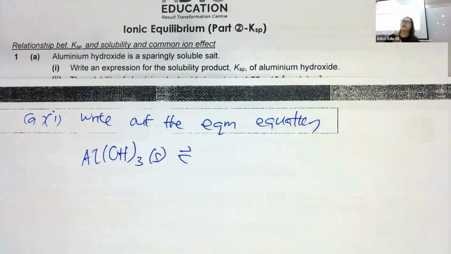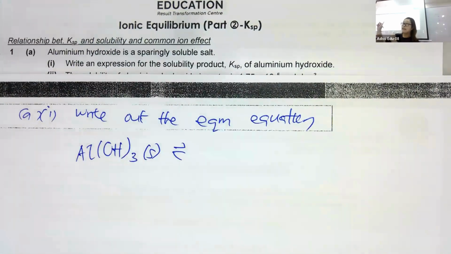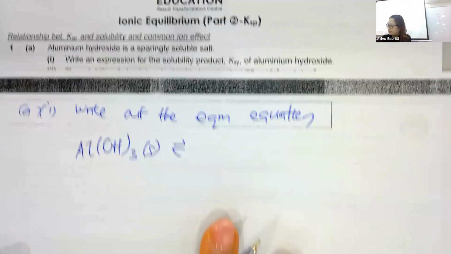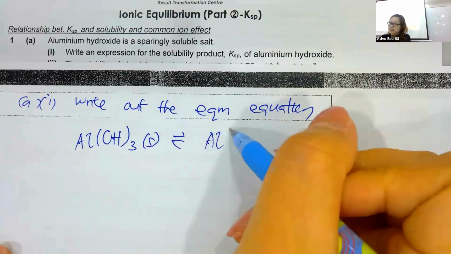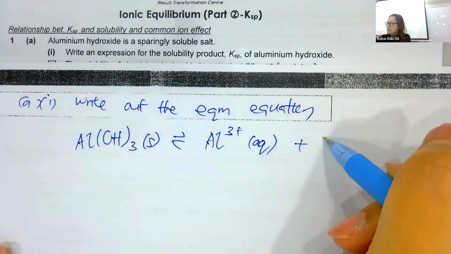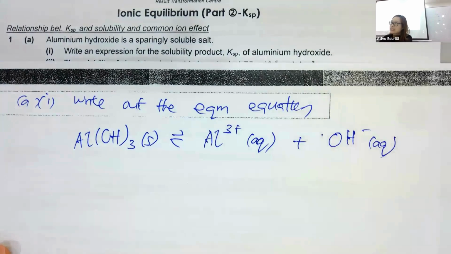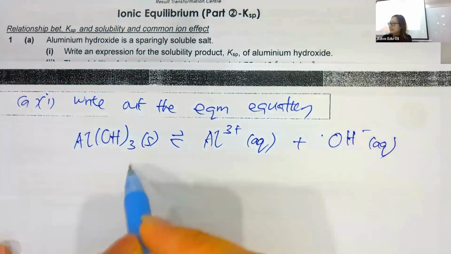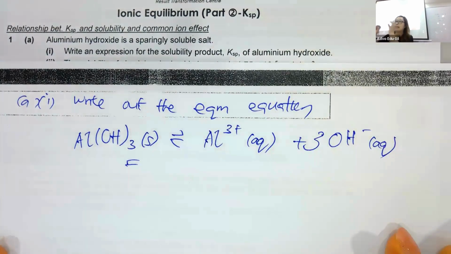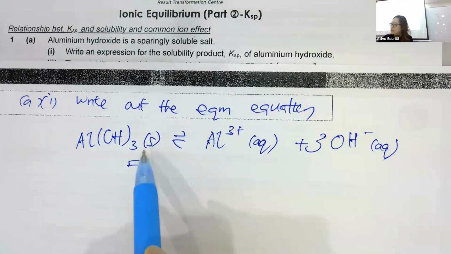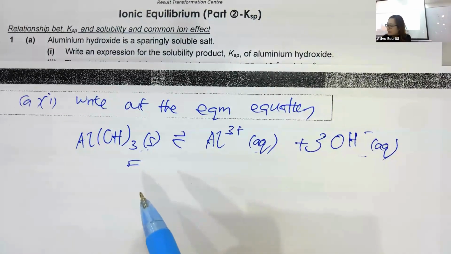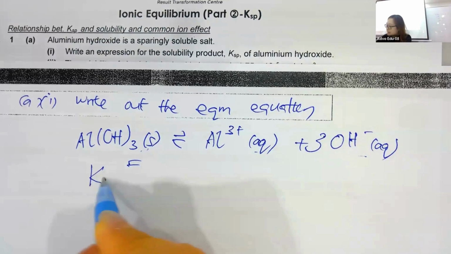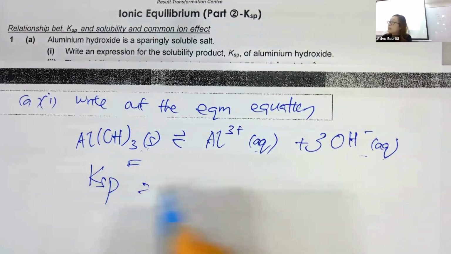This is a salt, right? When you dissociate, it gives you respective ions. So based on the formula, give me the ions and the coefficient. Al3+ plus OH minus, and the coefficient is 3. So based on your chemical equilibrium, when you have a mixture of phases, do we include solid in our expression? No. So KSP equals Al3+ times